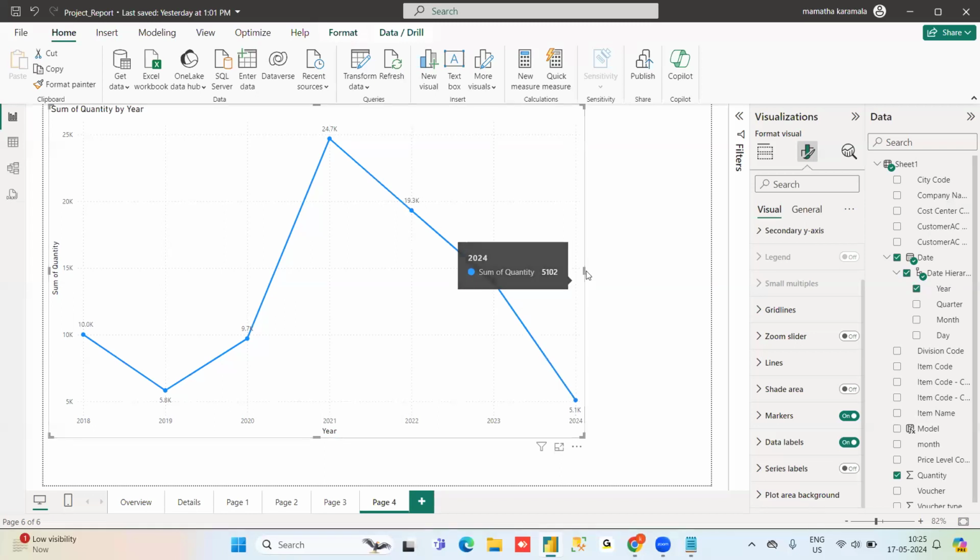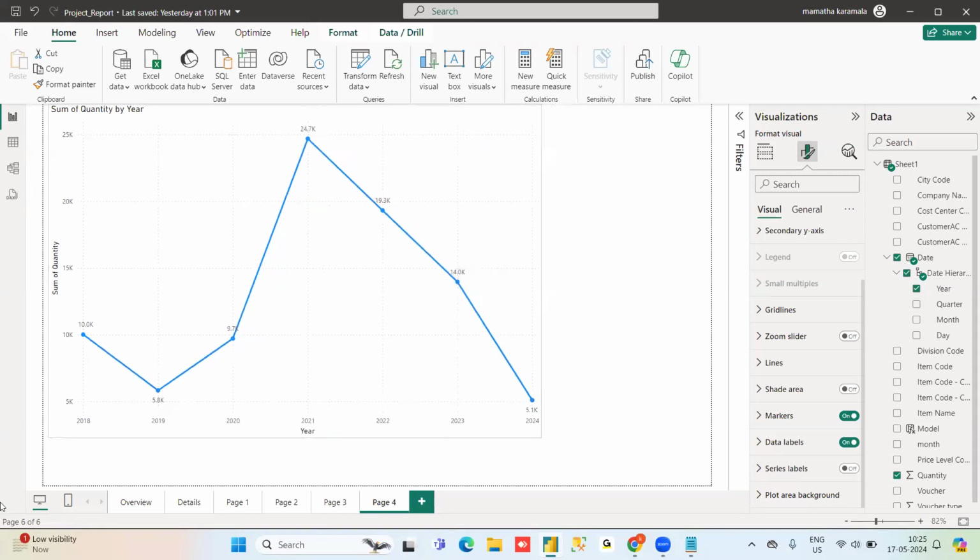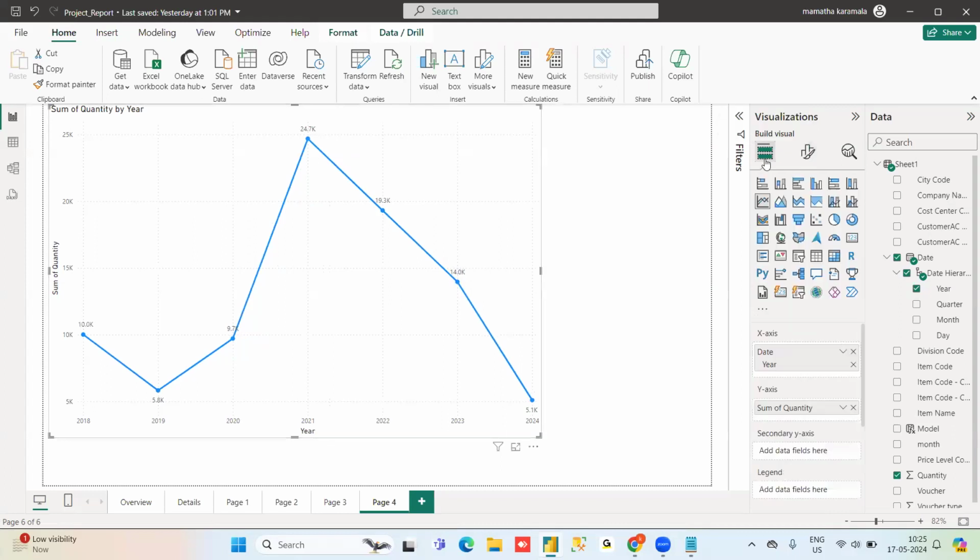Normally for date related data, here I am taking only years, but if I want to represent months, I can go ahead and do month wise data. And in the year and months, I wanted to take two hierarchies. Yes, you can do that.